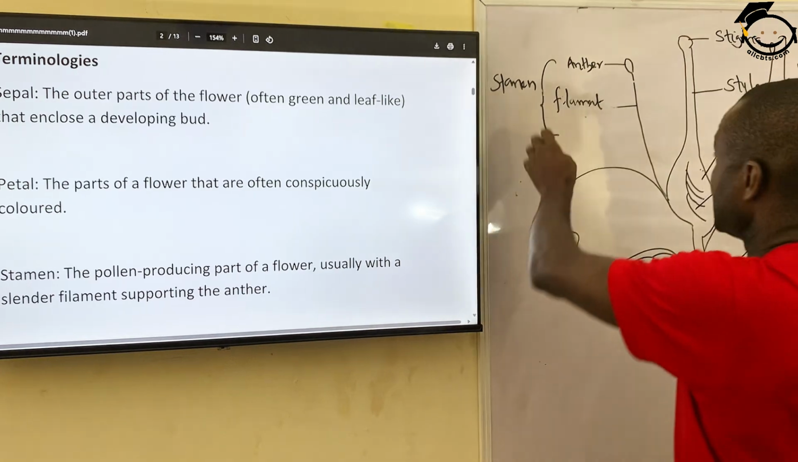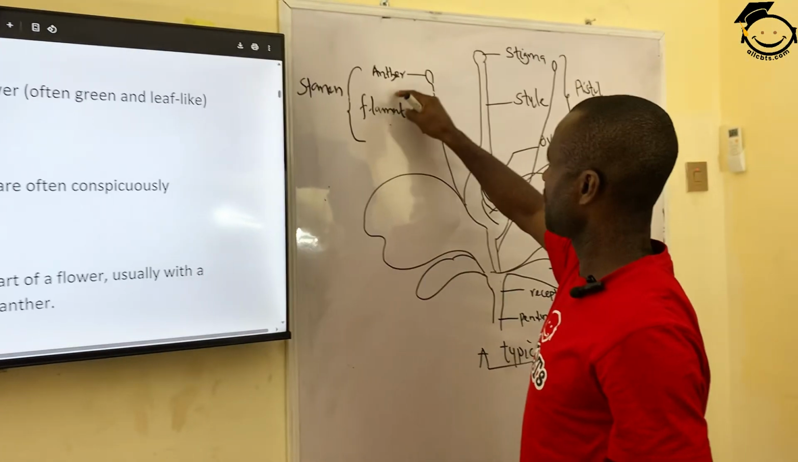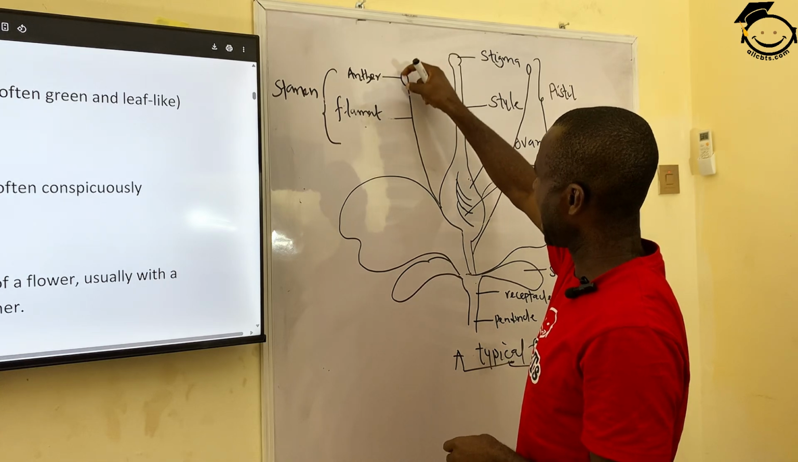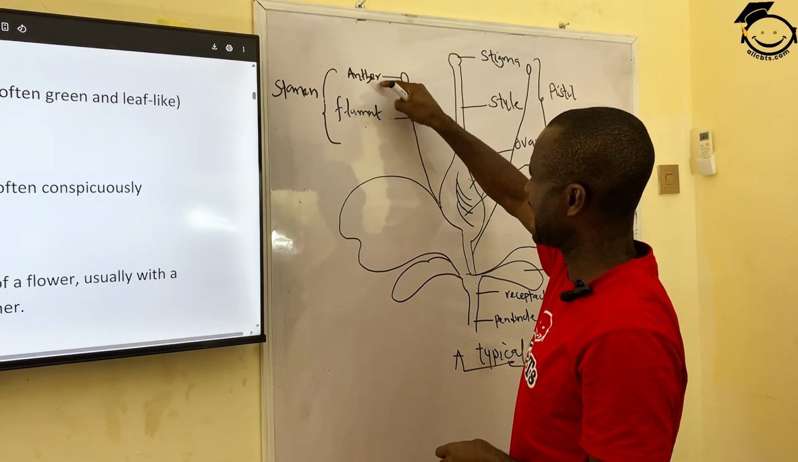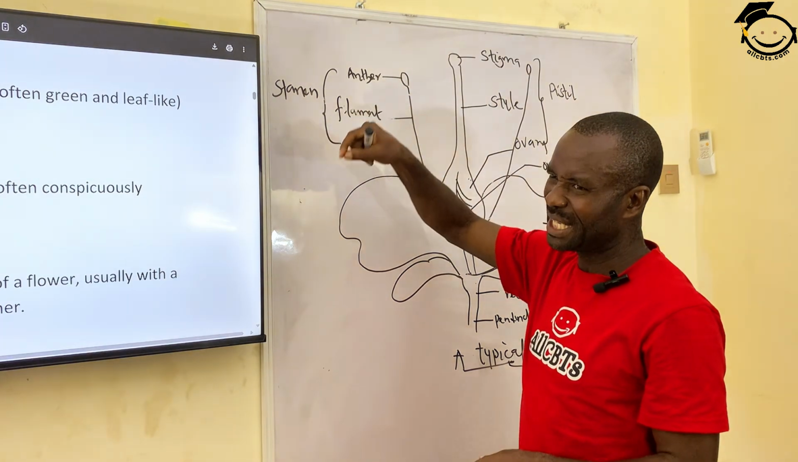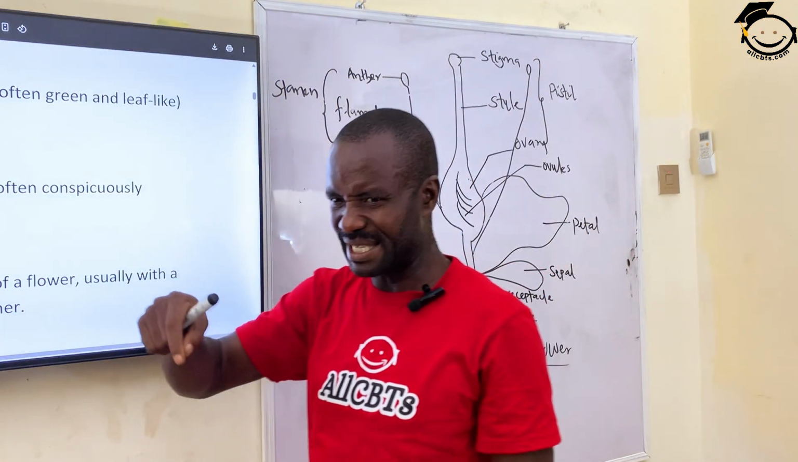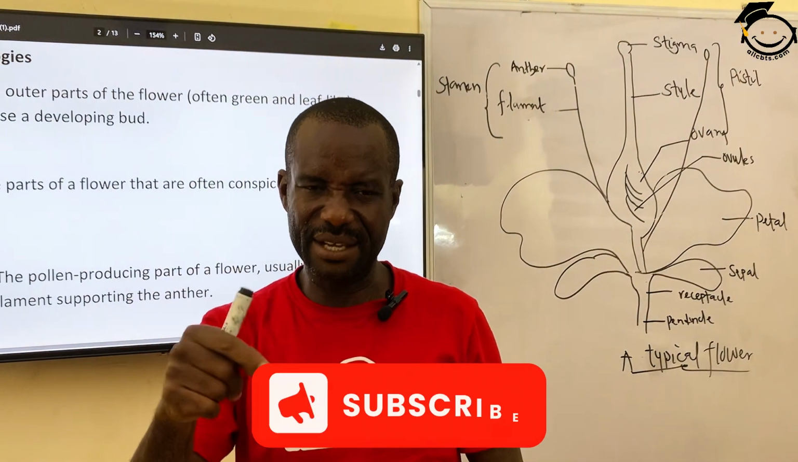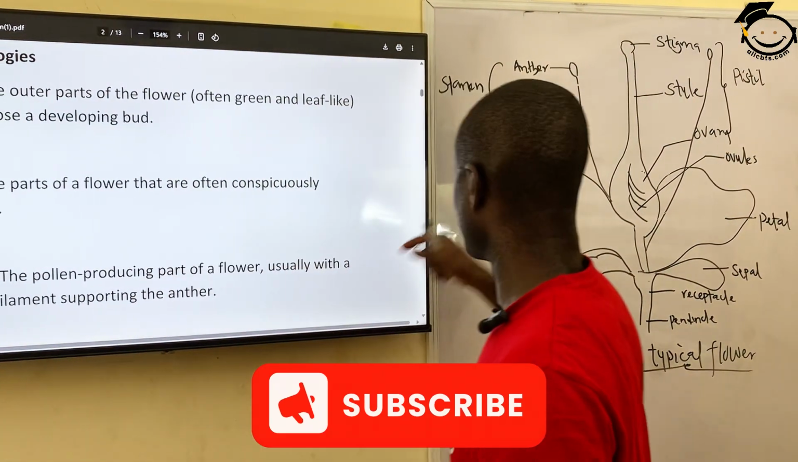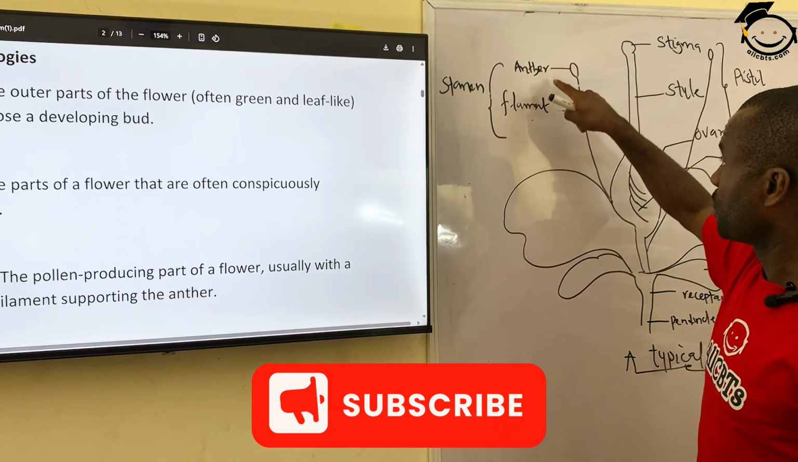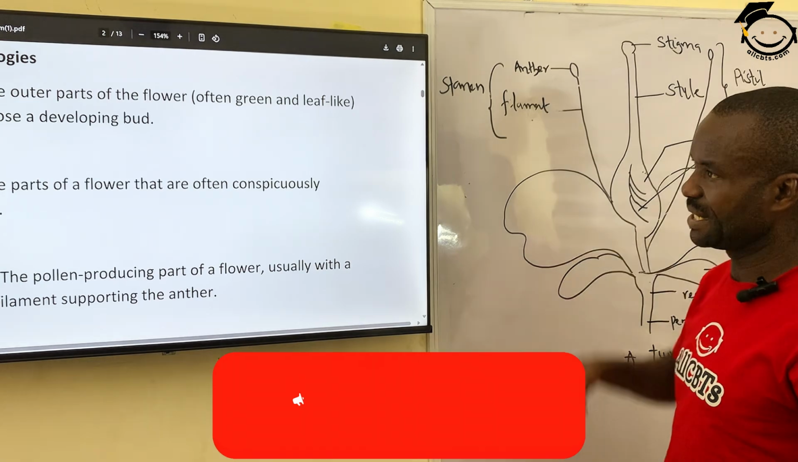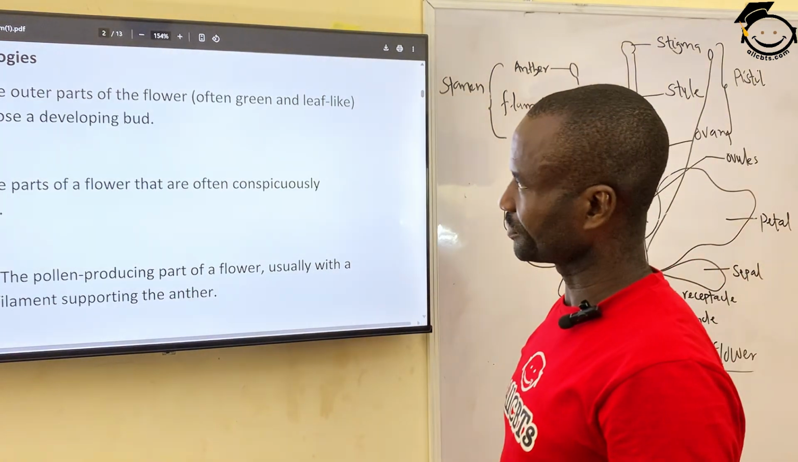Look at this. This is the stamen consisting of the filament, which is the structure that sustains this anther. The anther is where the pollen grain, the male reproductive cell of a plant, is located. So the stamen consists of the filament and the anther. Then the next is